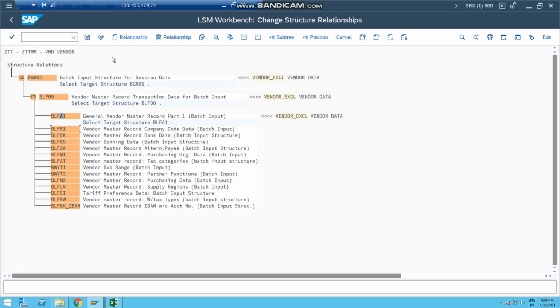And here I think in this purchase organization data, I need to map some currency field or something. That's why I'm doing this. Okay, just save it. Yeah, because once you create a vendor in XK01, the data goes to different tables, not just one table. That's why we are mapping the input structure to different structures.